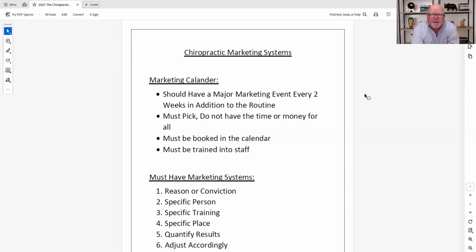I remember one doctor, when he wasn't busy, he sent his staff home. I'm like, you can't do that. Well, number one, it makes them angry because they have no consistency with their income. And they complained about it also. I'm like, you want to lose staff members? Go ahead and send them home when you're not busy just because you want to save a buck.